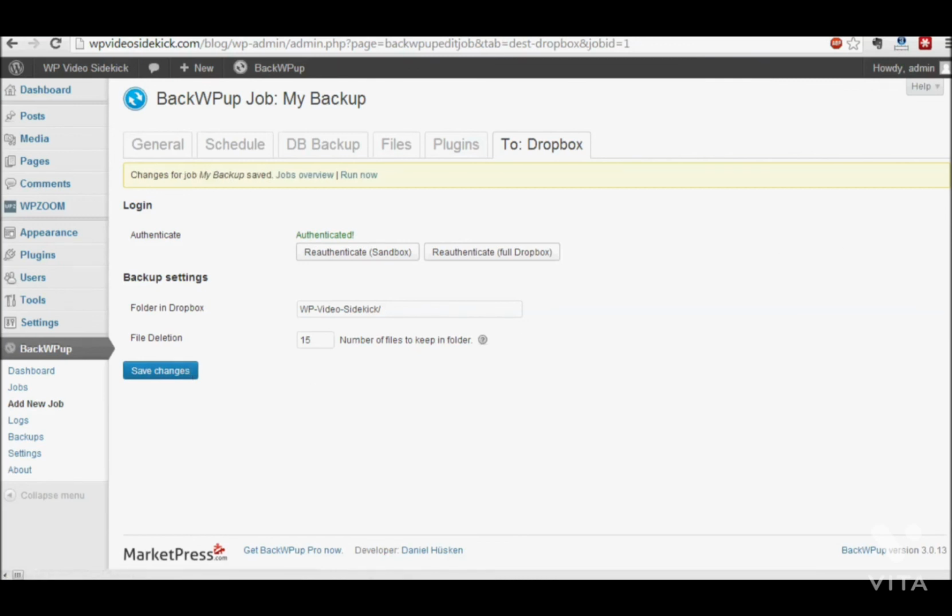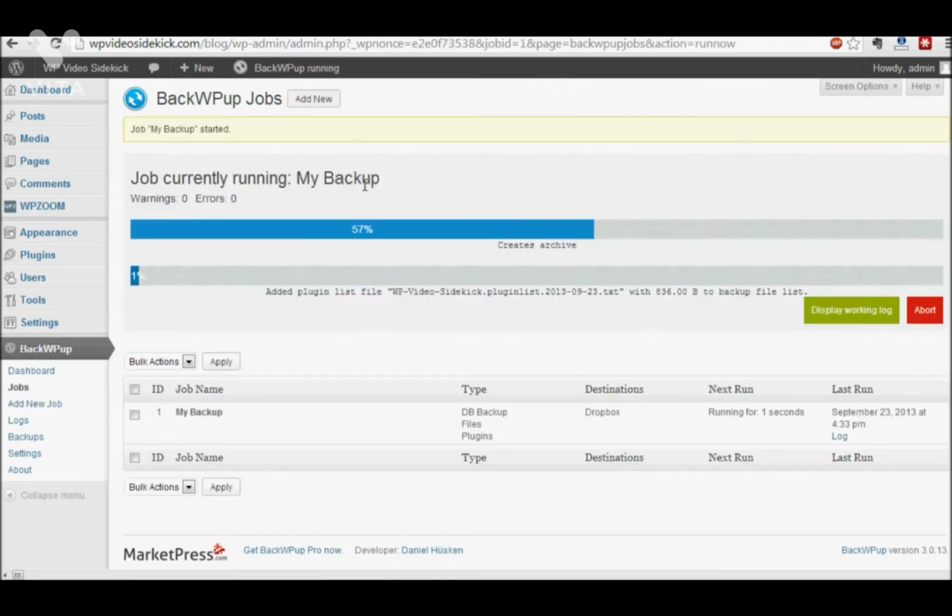You want to save all your changes. Make sure you save all your changes. And the next thing you want to do is to do a run now, to test it, to make sure that everything works. And this shouldn't take long, so I'm just going to run it right now. Right now our site is quite small, so it shouldn't take much time. And you will see